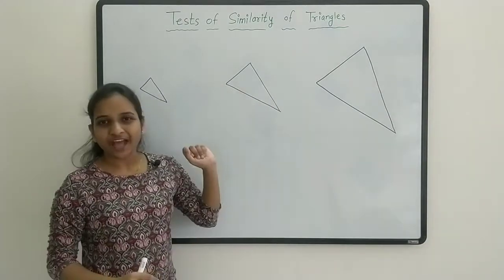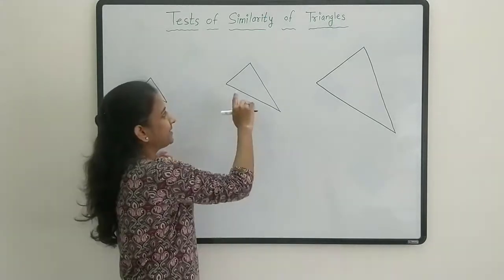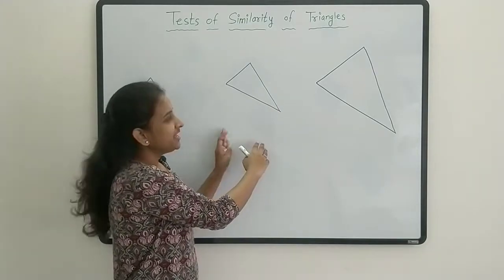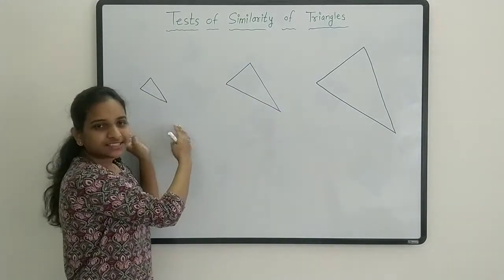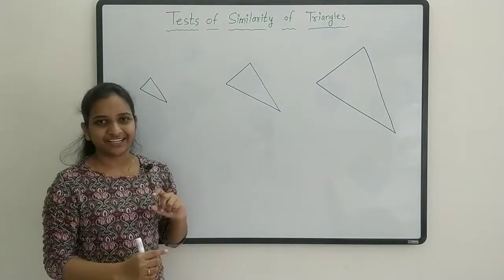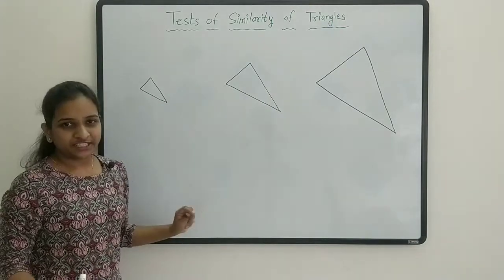And what is happening to the angles? Is it changing? No, angles won't change. See, here sum of all three angles is 180 degree. If angle increases or decreases, sum of the all three angles will be greater than 180 or less than 180. That is not the case. So angles of the triangle won't change.